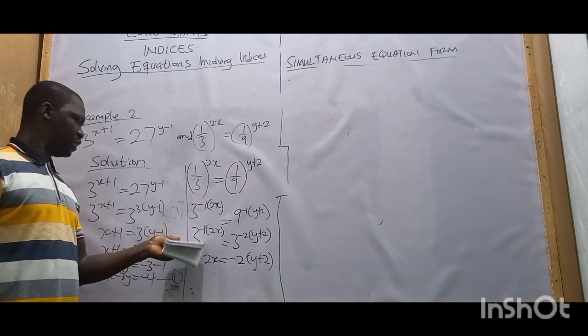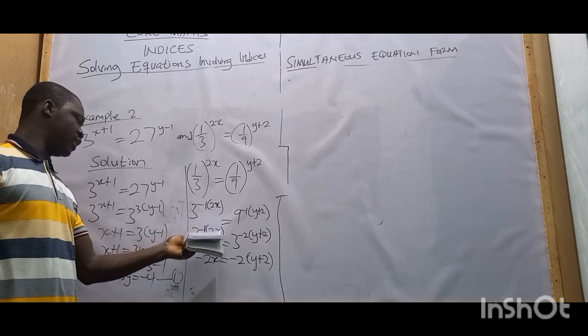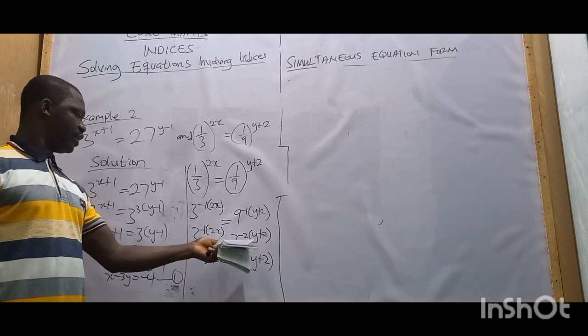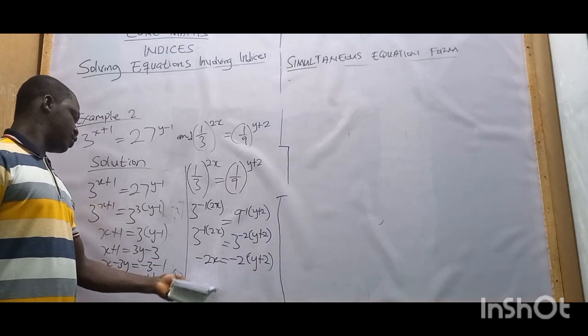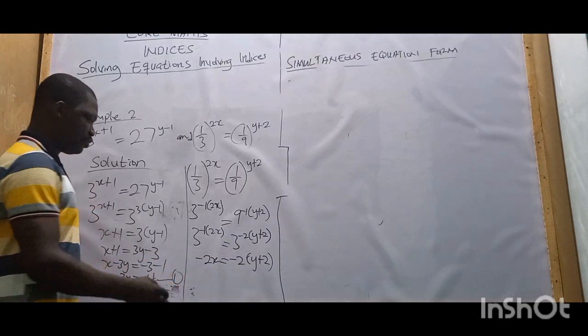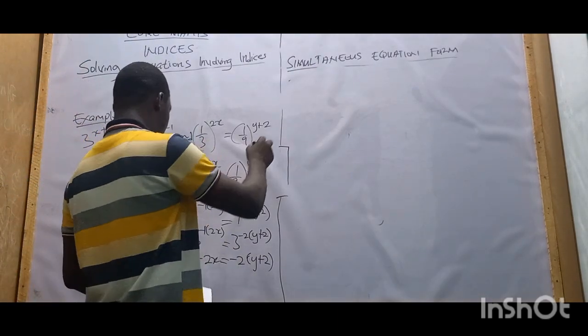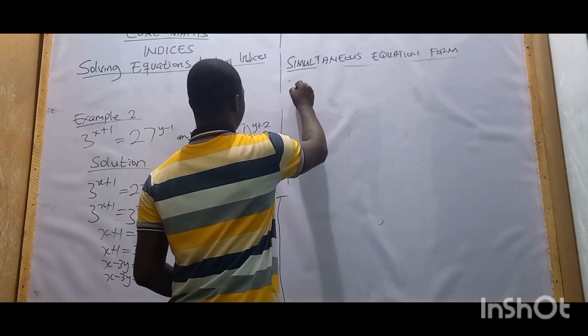Negative 2x. So negative 1 times 2, you get negative 2x, which is here. Then negative 2 into bracket y plus 3, which is here. So I will solve this one. So this one will be, we are continuing. This one will be